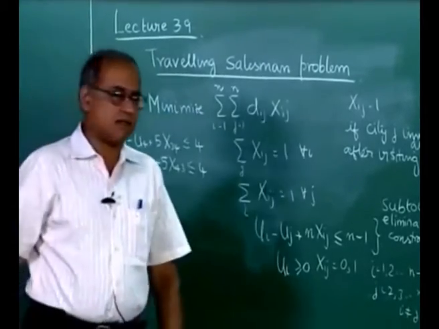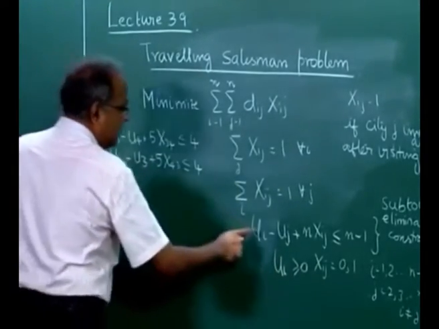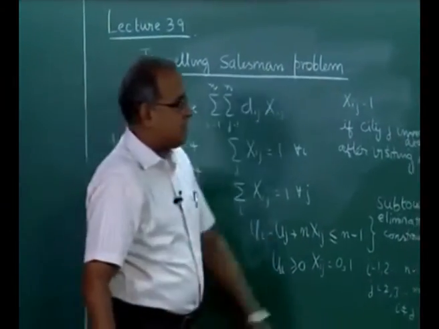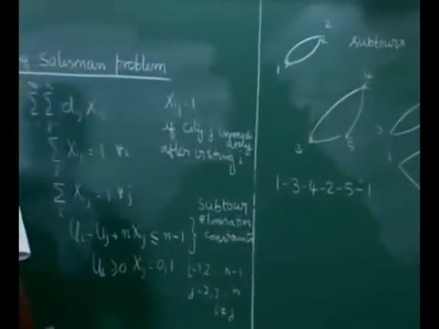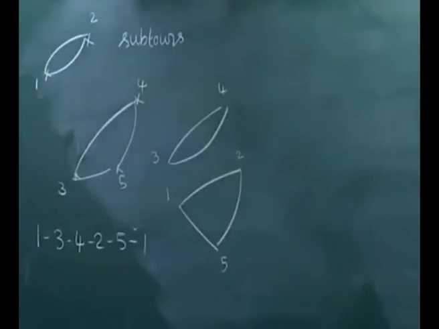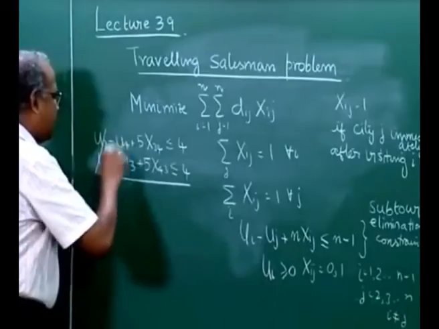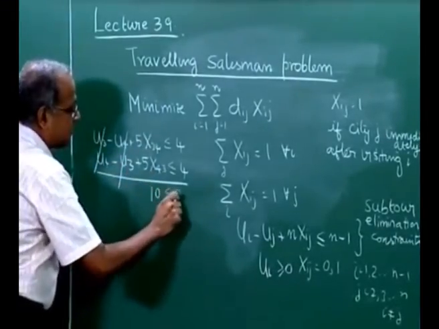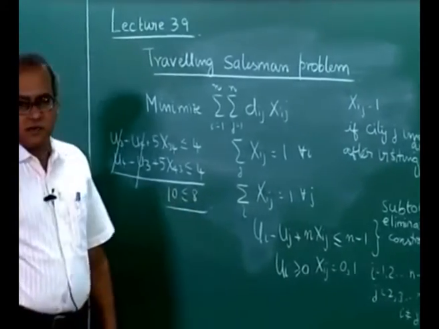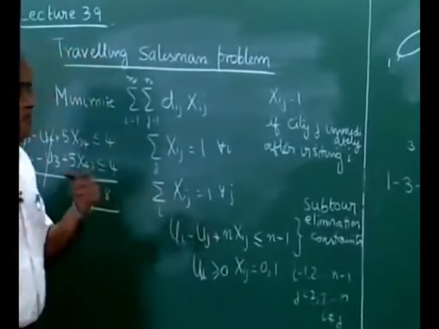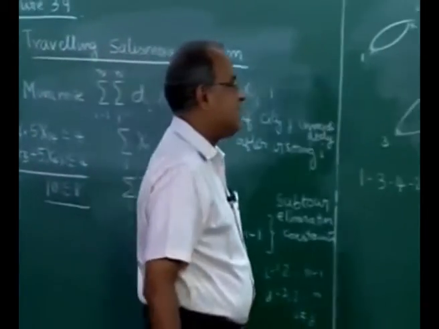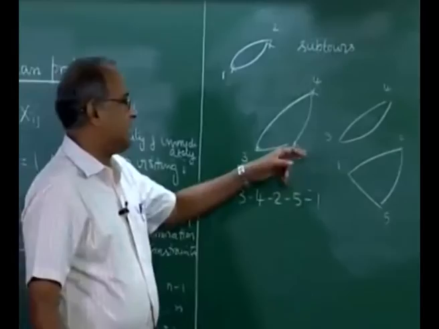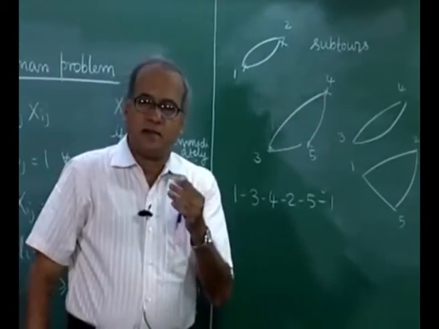There will be a constraint like this, where I have just written ui minus uj plus n xij less than or equal to n minus 1. Now if such a subtour exists, then these two constraints have to be satisfied. Now we realize that adding vertically, if both are equal to 1, you will get 10 less than or equal to 8, which is not true. Therefore this constraint will ensure that subtours involving say a 2 city subtour, 3, 4, 4, 3, are